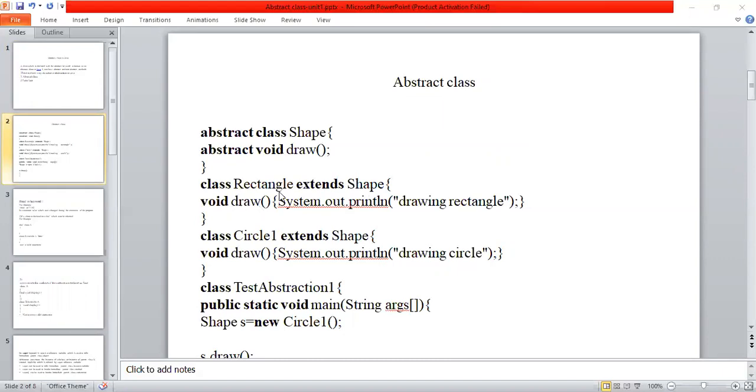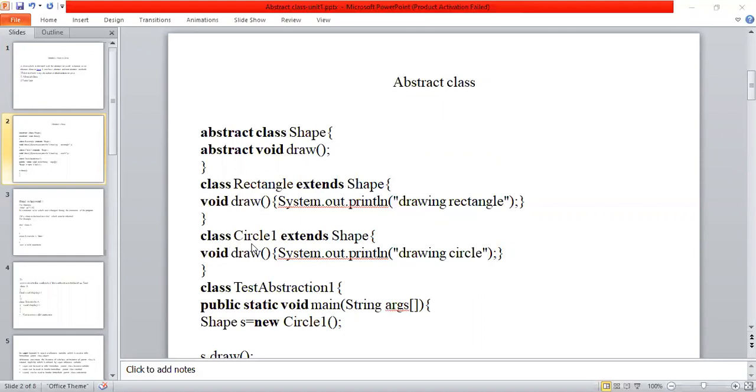In this Rectangle class I also have a draw method, with System.out.println. Here I have an abstract method, and this abstract method I am implementing in the Rectangle class, like drawing a rectangle. Similarly, the same abstract method in the Circle class I am implementing to draw a circle.